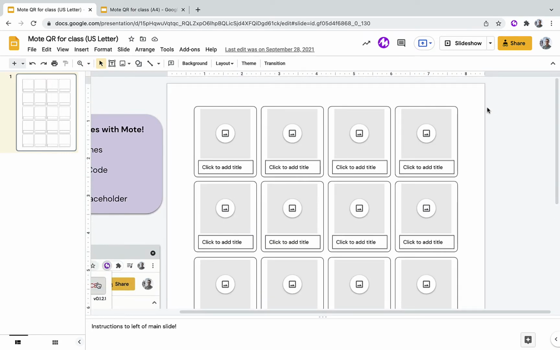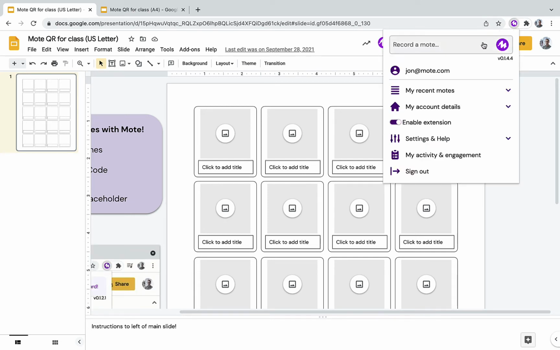Up in the top right hand corner I've got the Mote extension. Now please make sure that you click on this to generate a QR code as opposed to the button down here to embed audio into your Google slide deck. So I'm going to tap on the extension and I'm going to utilize something called the Mote pad. All I need to do to access the Mote pad is just tap right here and it will automatically start